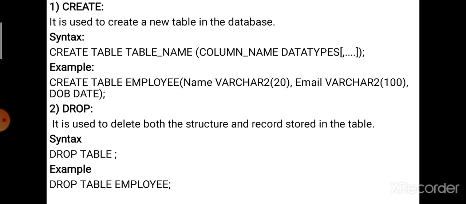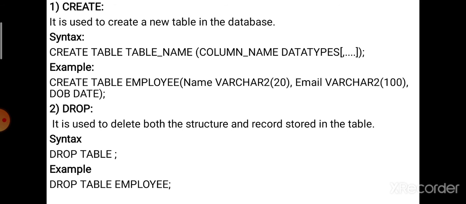For this, we can see the example: create table, the table name is employee. The table employee has some fields: name, then email, then date of birth. The field name has the data type varchar with size 20, which means the name can have 20 characters.